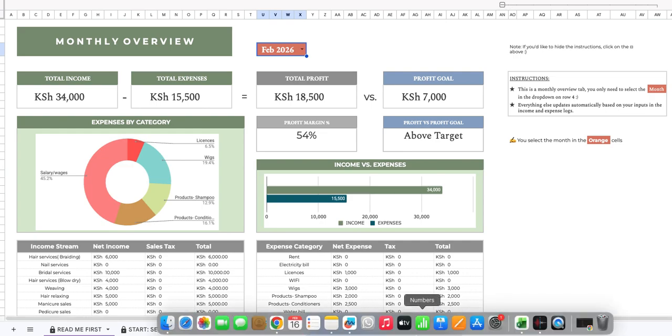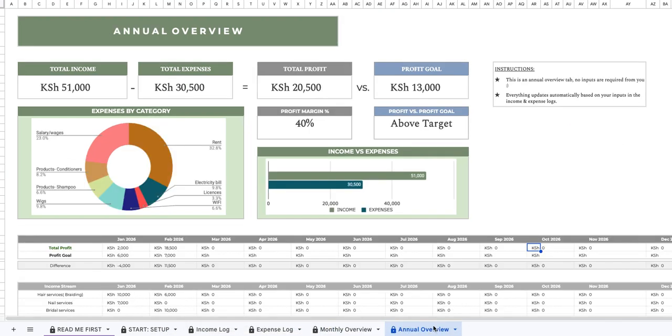Then lastly, if you go to the annual overview, here you see your annual overview, and in this tab you don't need to do anything. You just see your performance for whatever period you are in. So as of February, we had made 51,000 income, expenses 30,000, profit of 30,500, and this was above our target profit goal of 13,000. So that is how